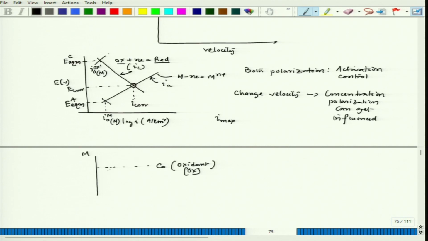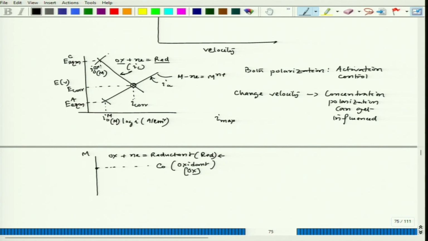Now, the metal ion or that oxidant reacts with electron and then forms reductant or red. So, then if the rate of reaction at the interface is not that fast,